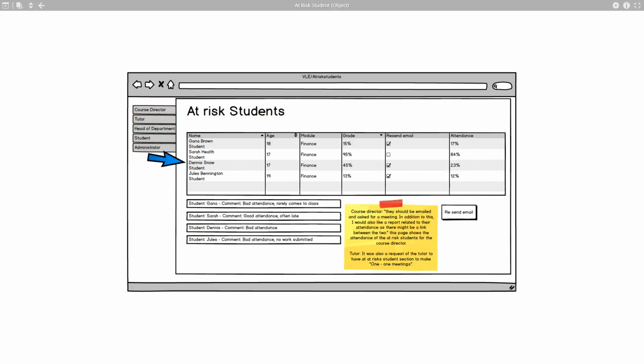Here we go, Dennis Snow, 45%. 23% attendance, 45% on the grade here. And we have the comment. Dennis, bad attendance. So now if we go back,